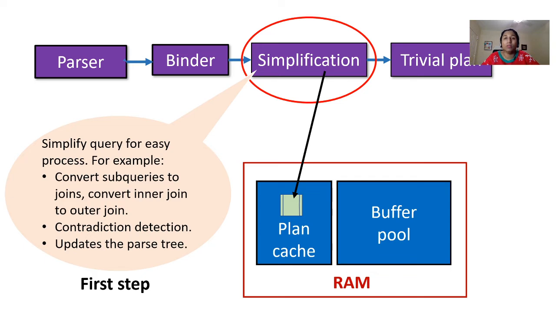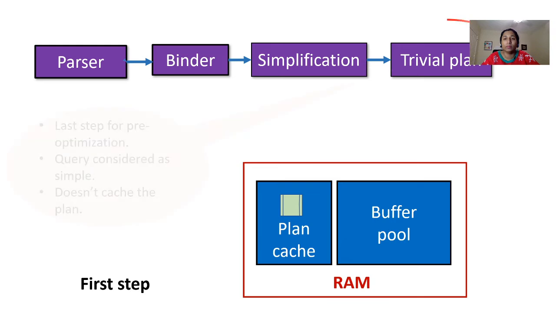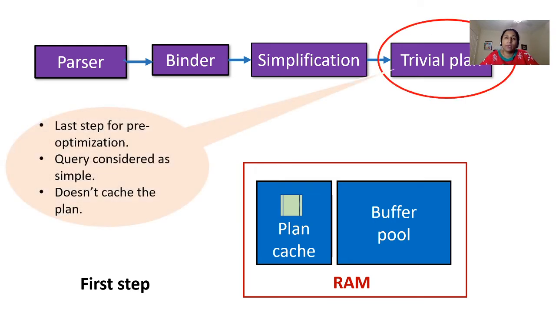And now our query will be sent to the trivial plan component. Now what happens at the trivial component is, for example, if we are sending a very simple query to the SQL Server, like select star from a table or select star from a table with a very simple where clause, then those kind of queries are taken to the SQL Server. SQL Server will think this way, this is such an easy query, why should I even go ahead and update the parse tree inside the plan cache that these other components have been built until now?